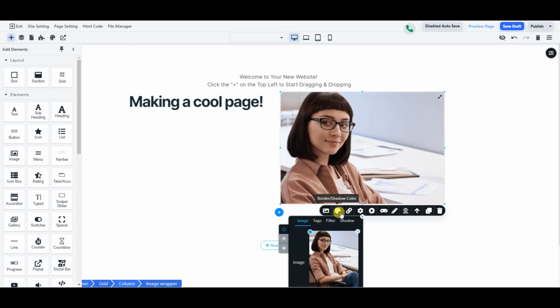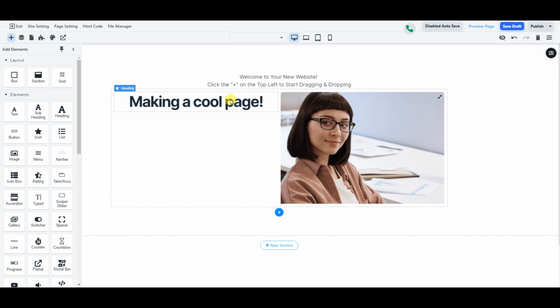We're not gonna walk through all of that. Background colors you can change, add a link to it, transform it. We can animate the image. We're not gonna do any of that. It's there, it's there. All right, so we have making a cool page. Let's throw in some text under here, and